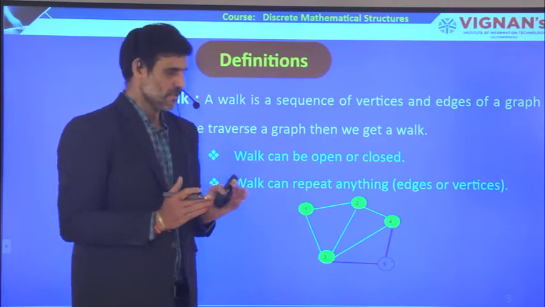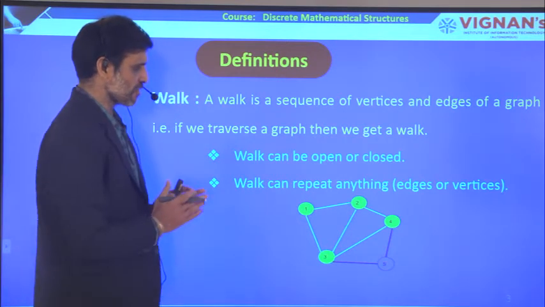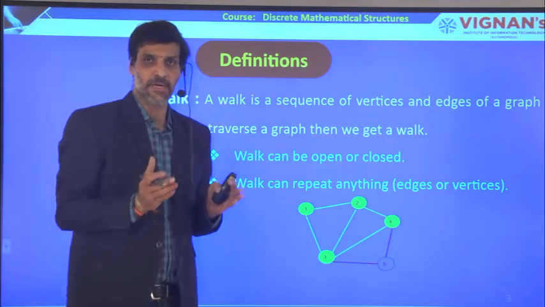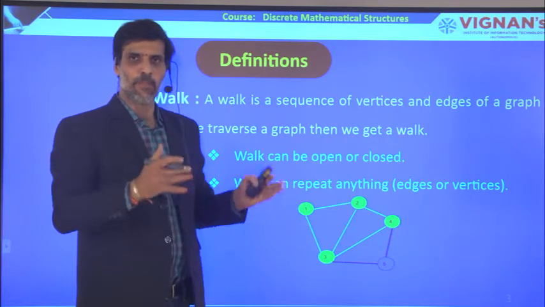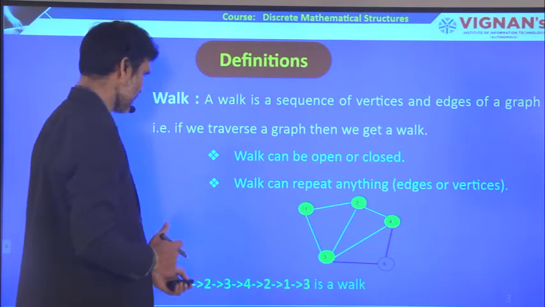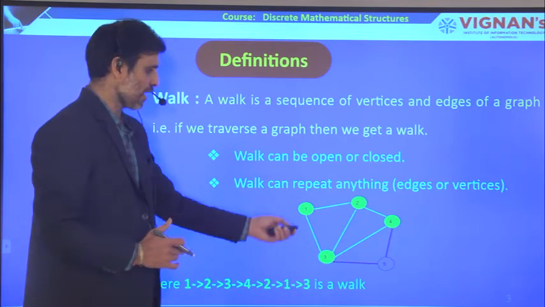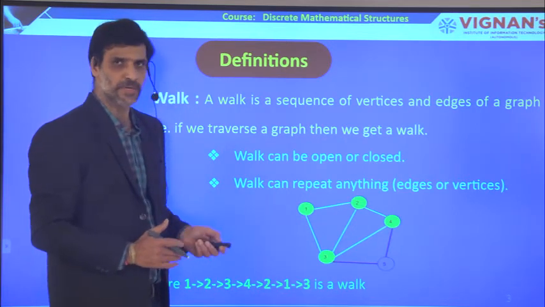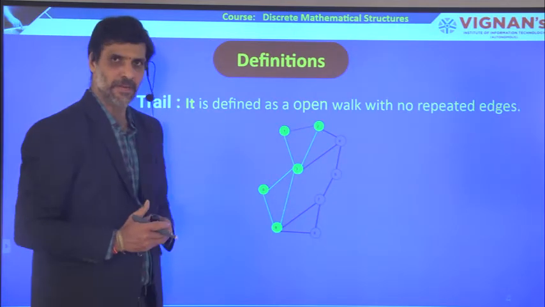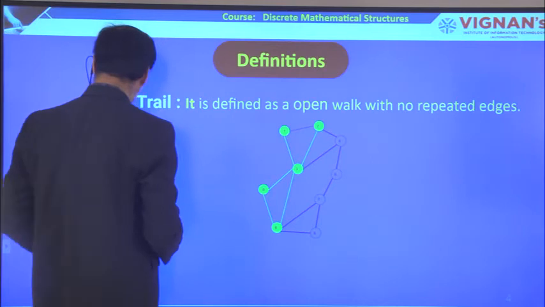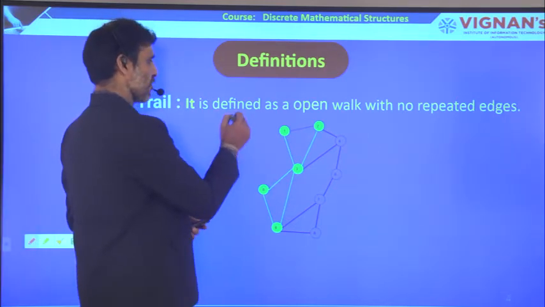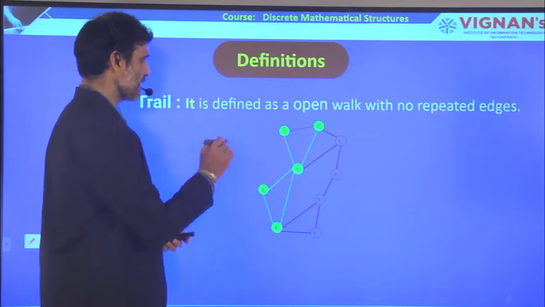So this is the definition of a walk, and we categorize the walk into two types, open walk and closed walk. Now the other definition. We discussed different walks using the graph previously. So now coming to the definition of a trial. Once we have discussed what a walk is, we are going to define what a trial is.